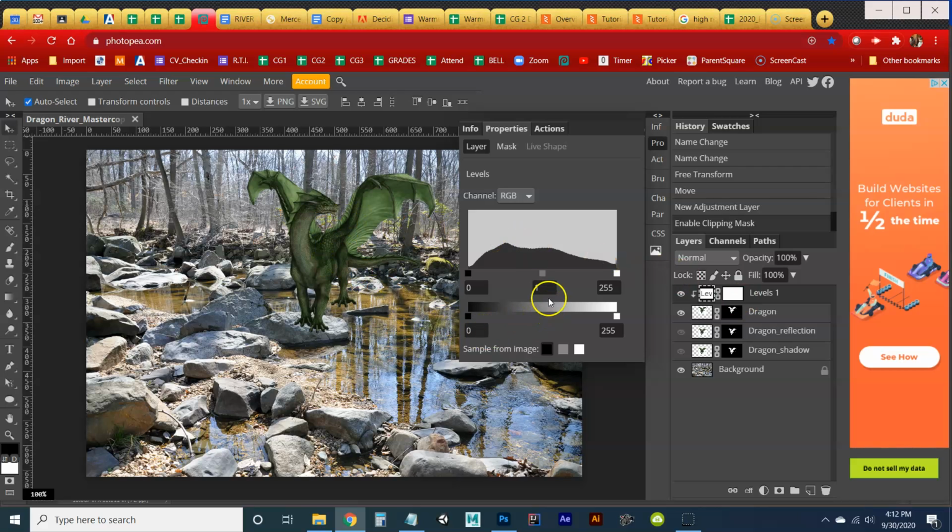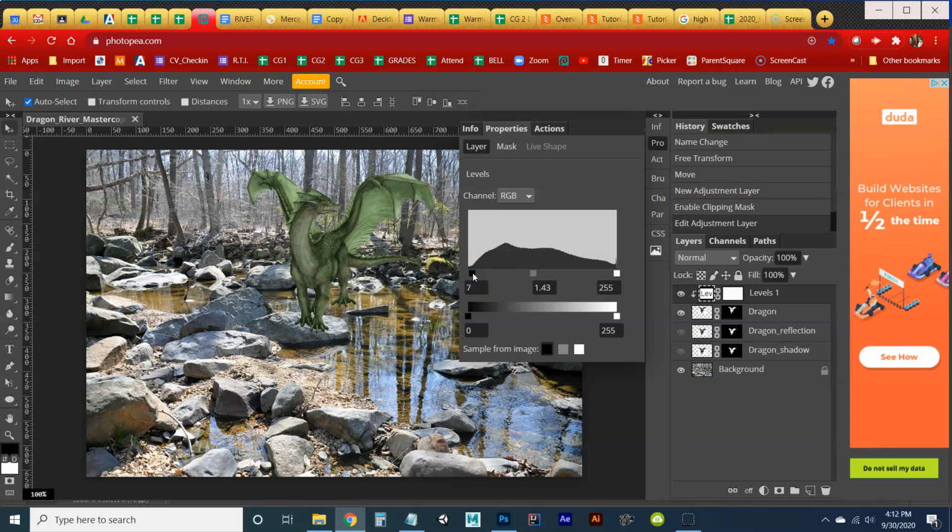Okay, so what we're going to do is when we get this properties window up and we have our levels here, the first one I always like to play with is the mid-tone, which is this gray box right here. If I move it left and right, you can see it really lightens and darkens the midtones. But what we want to do is just slightly go to the left. We don't want to blow it out. We want to keep some of the dark. So I'm going to go left, and then I'm going to bring the black one in right,